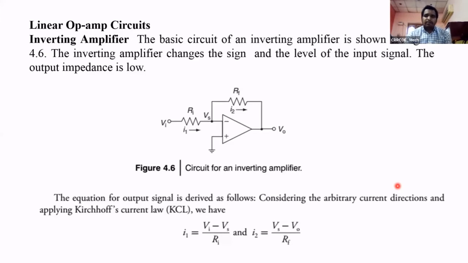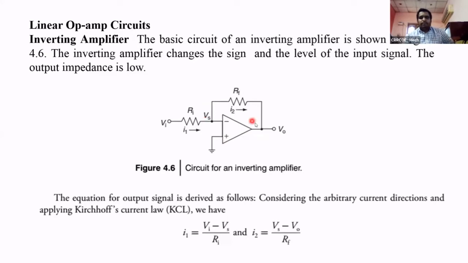For that purpose we take a feedback from the output to the input. We connect a feedback circuit from output to input. This is called a closed op-amp circuit. And one more thing, the feedback is connected to the negative terminal only. You do not connect feedback to the positive terminal. If you connect feedback to the positive terminal, it gives unstable op-amp characteristics and leads to wrong results. That's why the feedback circuit is always connected to the negative terminal.